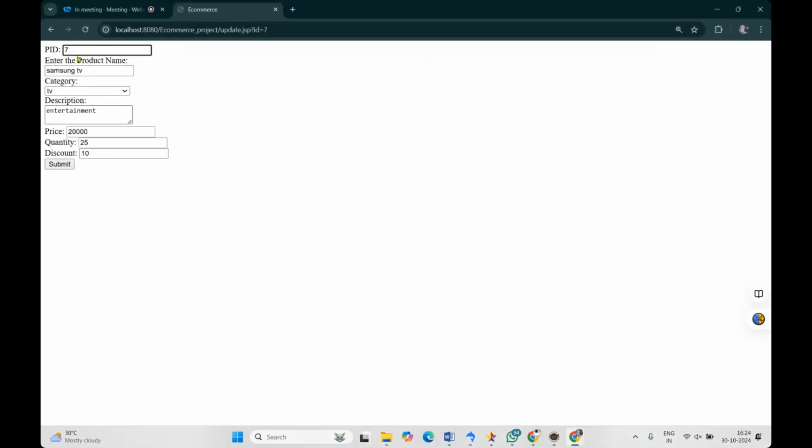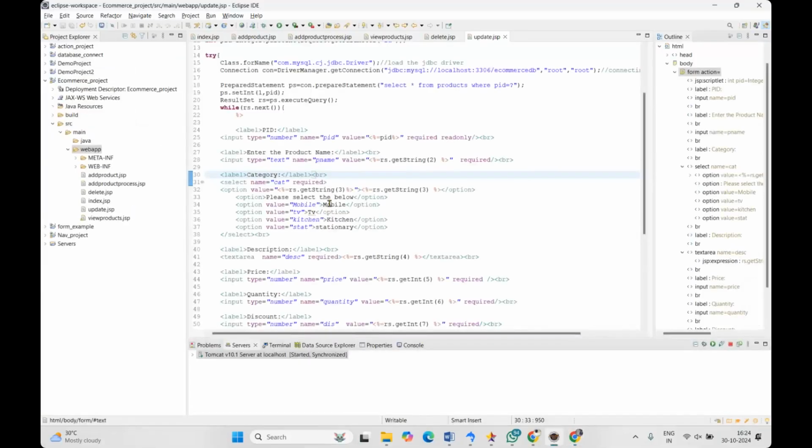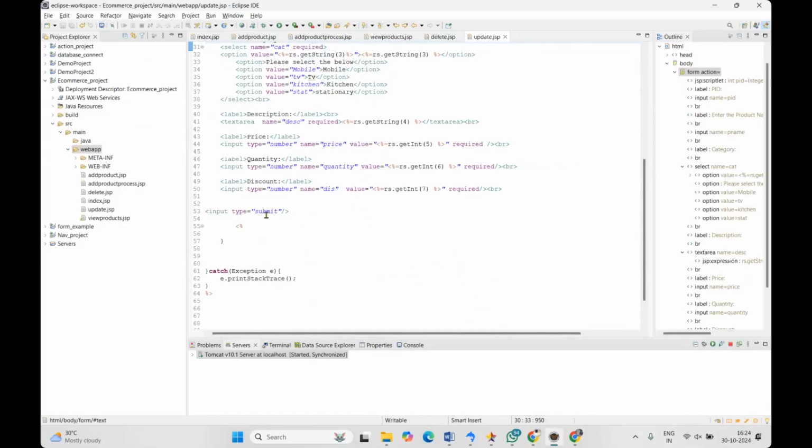By default, it shows all the details of this product ID. The product ID is 7, the product is Samsung, the category is TV, the description is entertainment, and the price is 20,000. Now I need to change the price from 20,000 to 25,000, the quantity from 10 to 5, and the discount. I have changed everything, but when you submit,